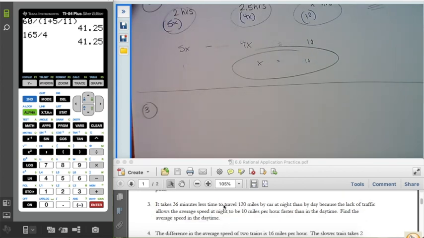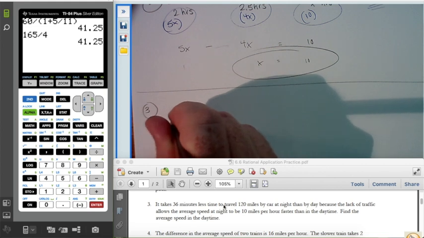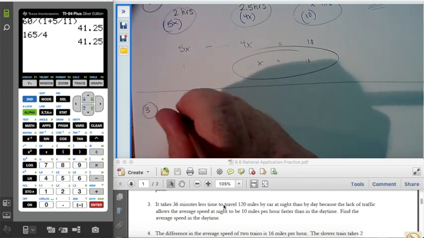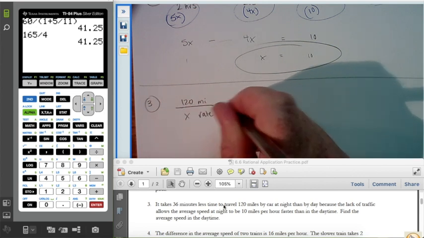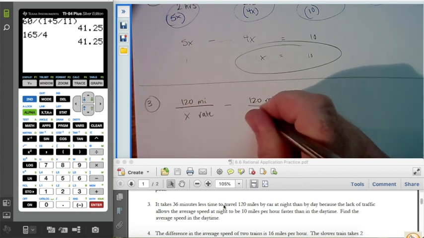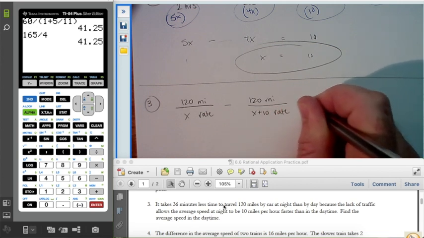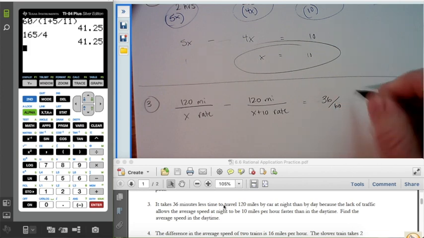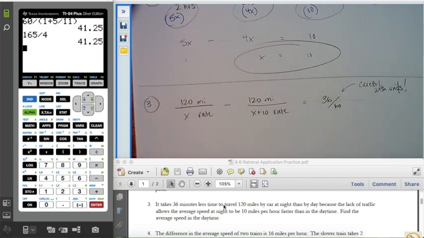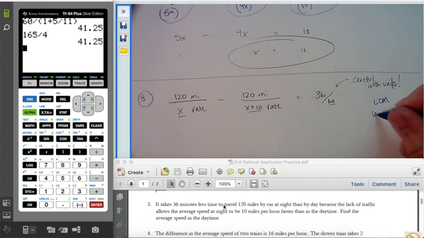Question number 3. We had to be careful with units, remember, on this one. We had 120 miles at x miles an hour, and then we had something else that was going 120 miles at x plus 10 miles an hour, right? Because we were traveling faster. And the difference is 36 minutes, so make sure you're dividing that by 60 to turn that into hours. So then you're going to be looking at the denominators x plus 10, and 60, and